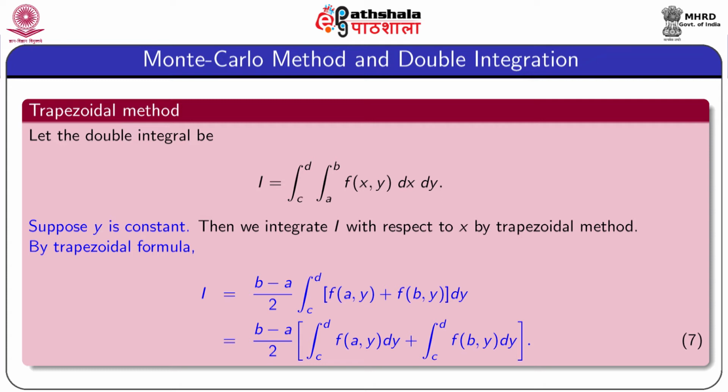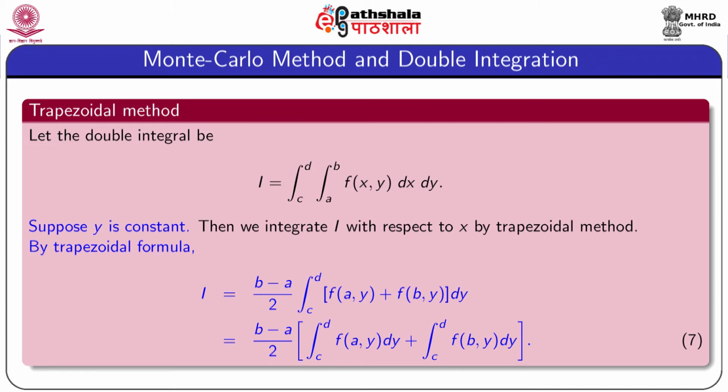Note that I equal to (b minus a) by 2 integration c to d of f of a comma y plus f of b comma y dy. That means if we integrate f of x y with respect to x, then we obtain two terms, one is f of a comma y and the other term is f of b comma y. So the integral reduces to equation 7,